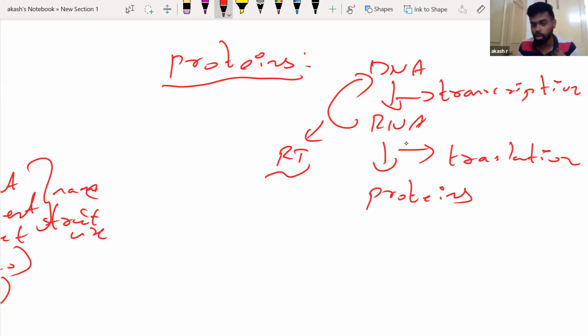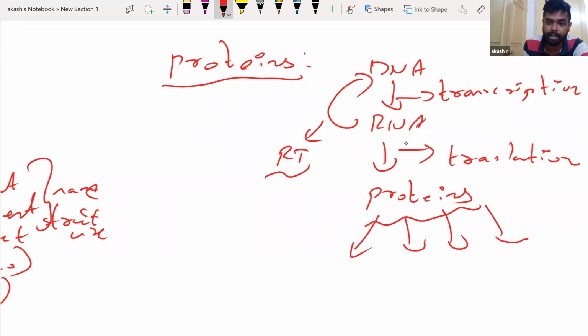Generally, when you go to the Big Bang theory, which tells how Earth came into existence, what do they say? They say that it was the proteins which were first formed. It was the proteins which came into the first place. Then only the other things came. Now, please understand, when I say proteins, I told you in the last class itself, proteins have different roles